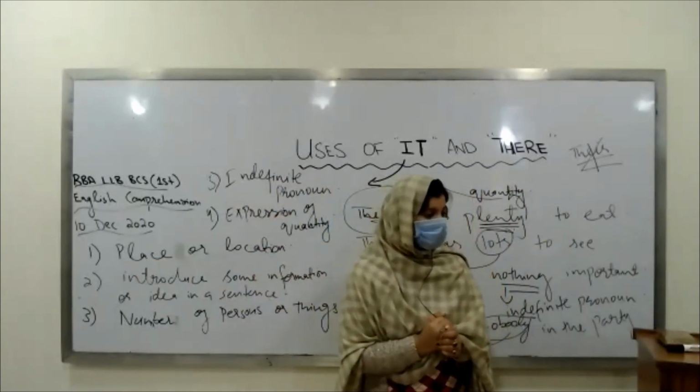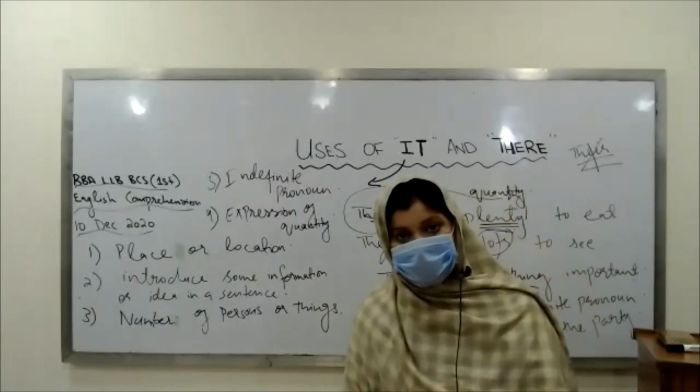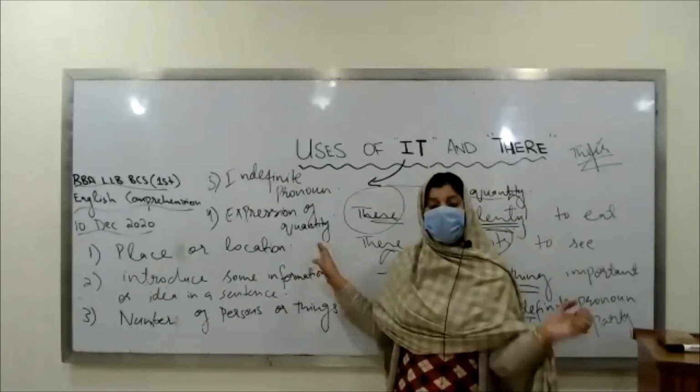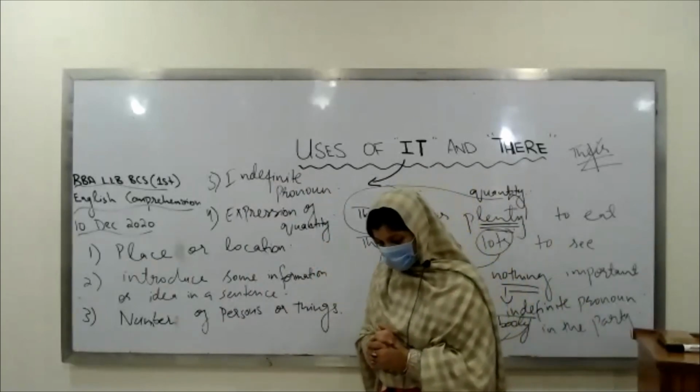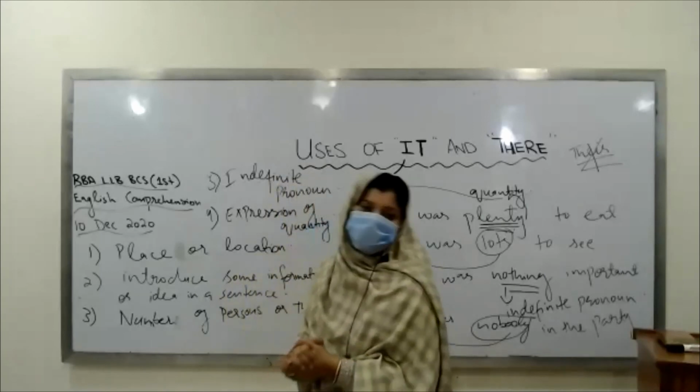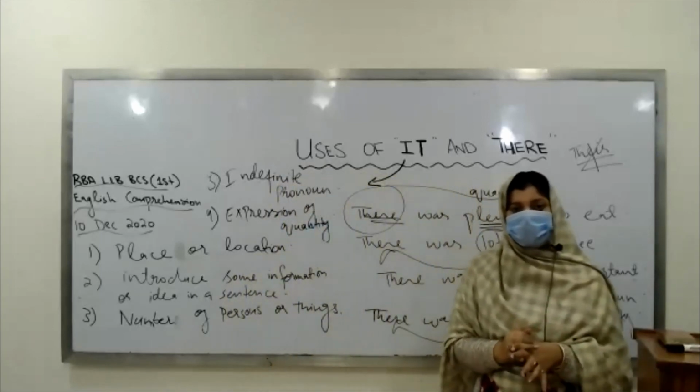So what you have to do, you have to write 5 examples of each use of there as well, right, in the form of an assignment. And I will tell you later on when you have to submit this assignment, any question that you want to ask with respect to uses of it and there,